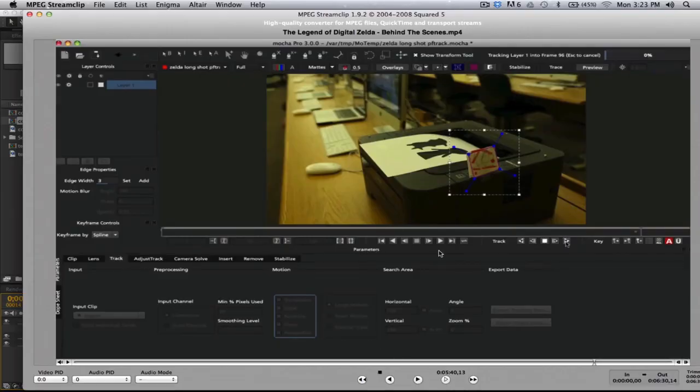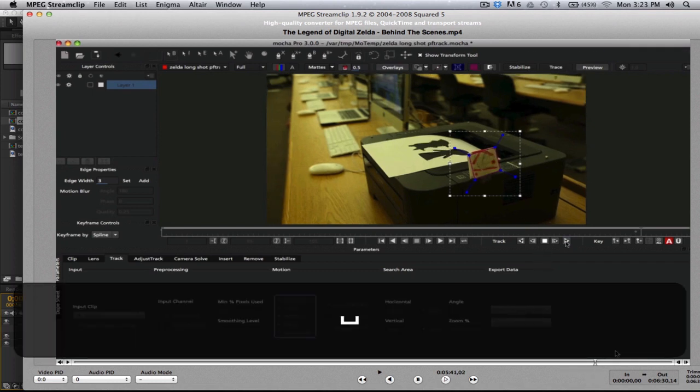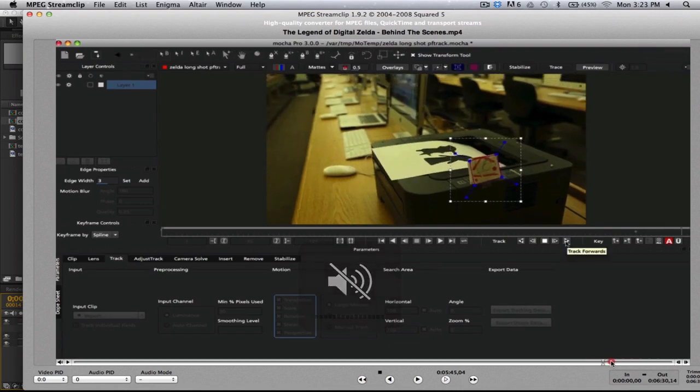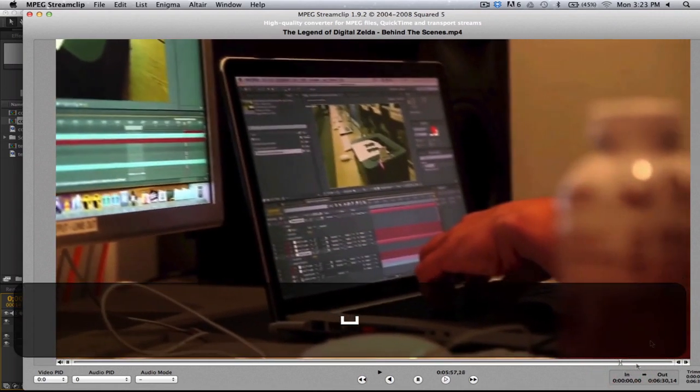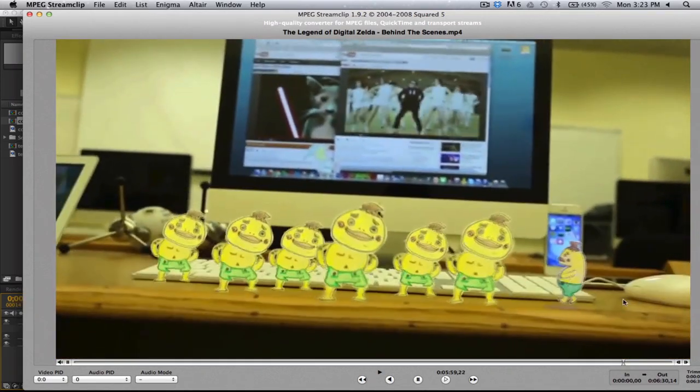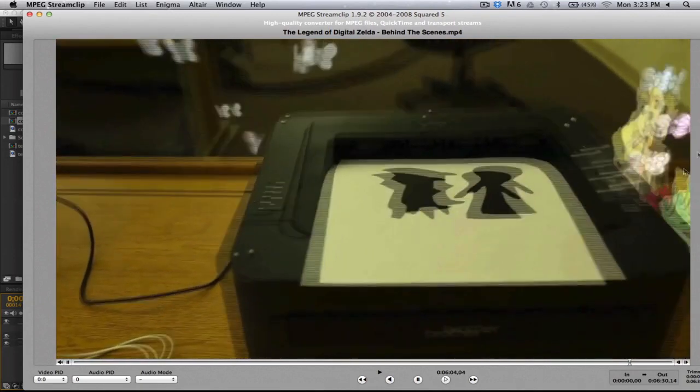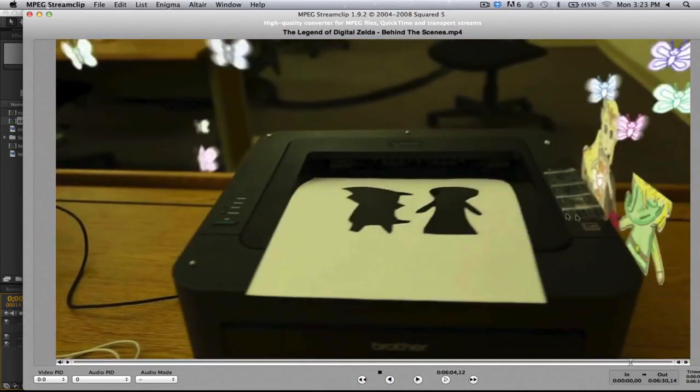We use two different camera trackers. So we use PF Track. You could use a number of different 3D motion camera trackers, and then we parented it with Mocha to get this final shot. So we used Mocha for this part where the camera had already moved around. So if we look through this shot here, this part we have, and then for this shot we have a pretty big camera move, a parallax going around